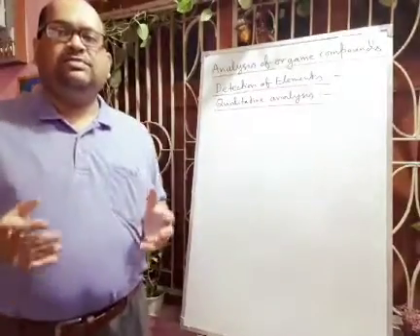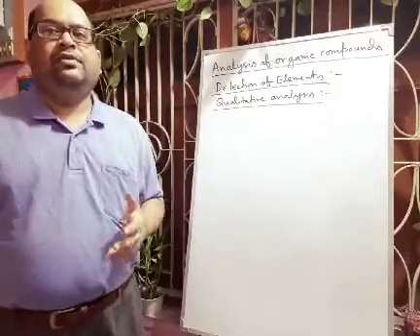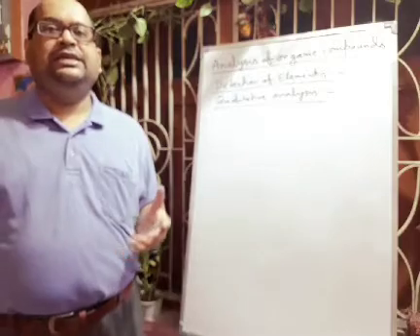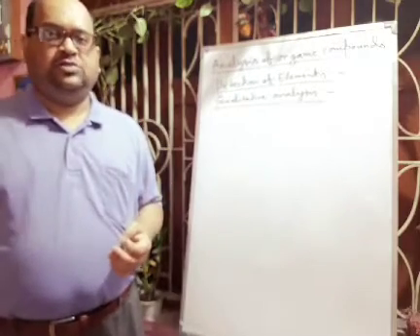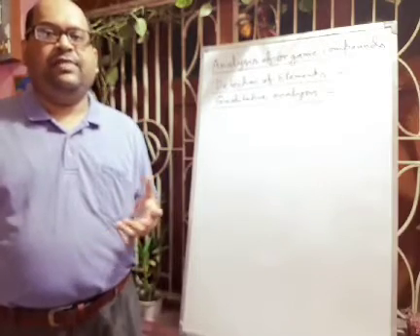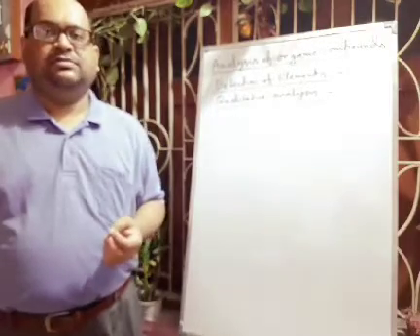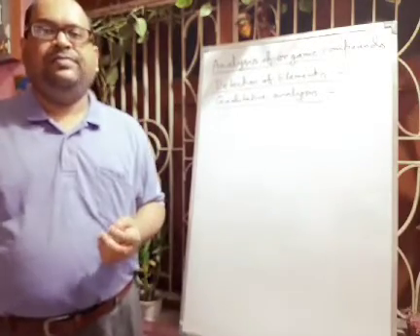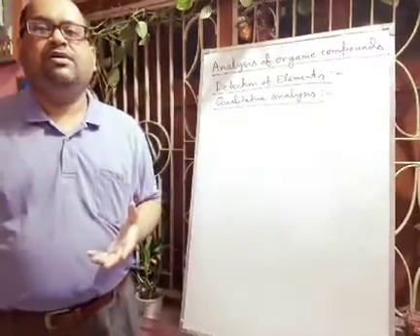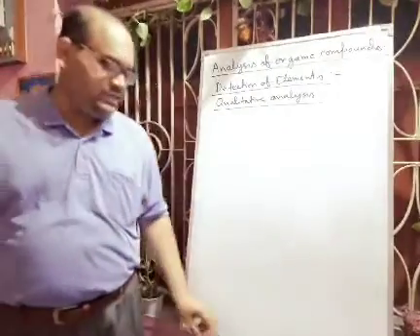So the organic compound is mixed with about 3 times its weight of dry copper(II) oxide, that is CuO, and the mixture is heated in a hard glass test tube, fitted with a delivery tube having a bulb in the middle containing anhydrous copper sulfate. On heating the mixture, the carbon and hydrogen present in the organic compound get oxidized to carbon dioxide and water. So what is the reaction?